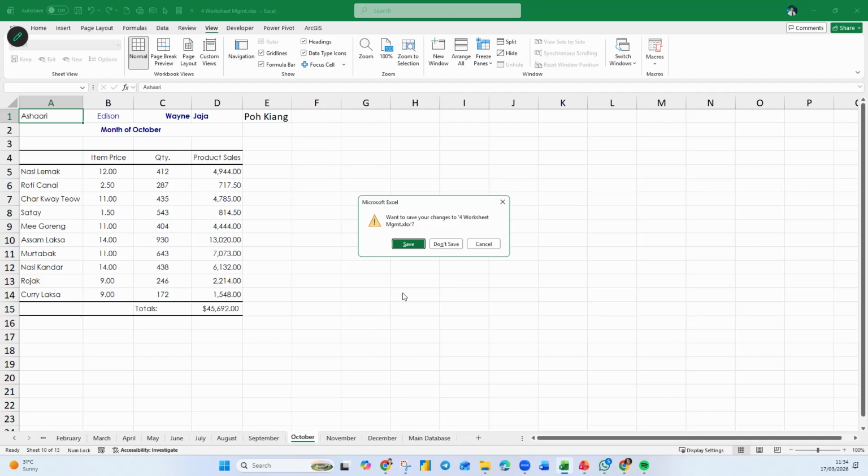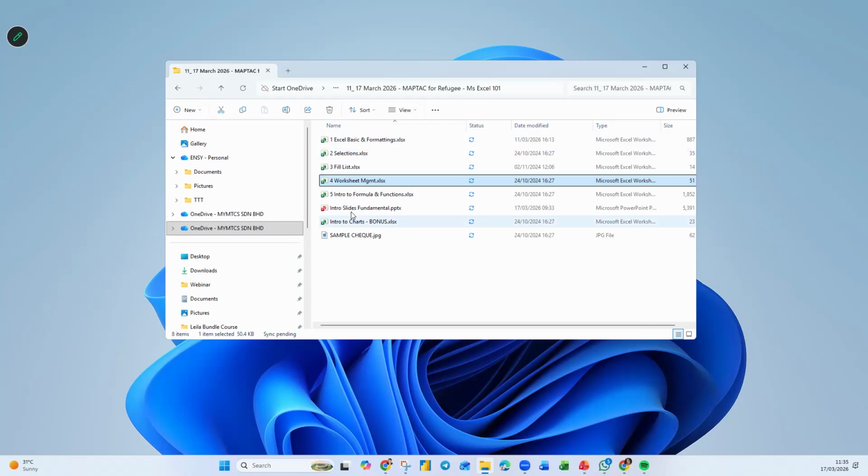But when you are at the last window, that's where it asks, do you want to save? If you say no, don't save, don't expect these names here to be in October. So don't worry about which one you should update. If both also need to update, then you just update on both. You don't have to keep on changing, right? Are we okay so far? Right? Now I didn't save, huh? Now I'm down to my very last one already.